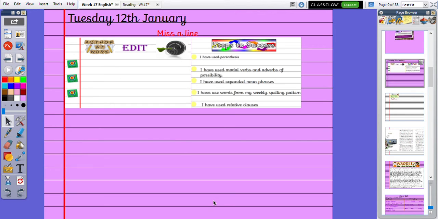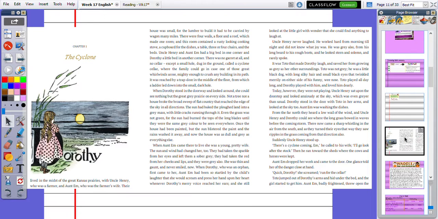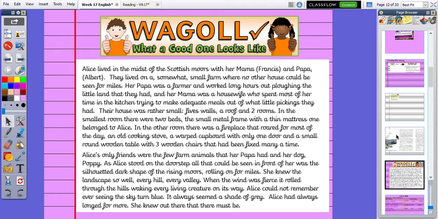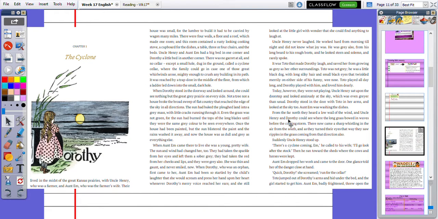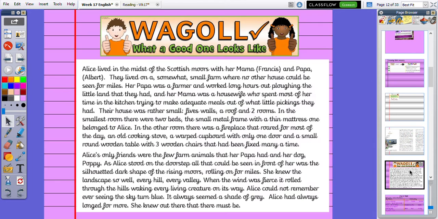Good morning, Year 5. Our English lesson today is an editing lesson, and we are going to be editing part 1 and 2. So this is the piece of writing that you drafted on Friday, okay? So we are quickly going to read the Waggle. If you want to read the first part of The Wizard of Oz, it is here for you, and I will make sure the PDF is on the website for you as well. But we are going to read through the Waggle. So this would be part 1 and 2.